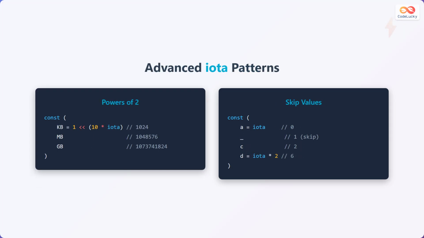Iota can also be used to create more complex patterns. For example, you can use it to define powers of 2. const ( kb = 1 << (10 * iota), mb, gb ). Here kb will be 1024, mb will be 1,048,576, and gb will be